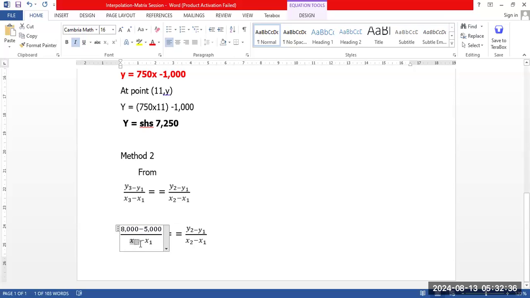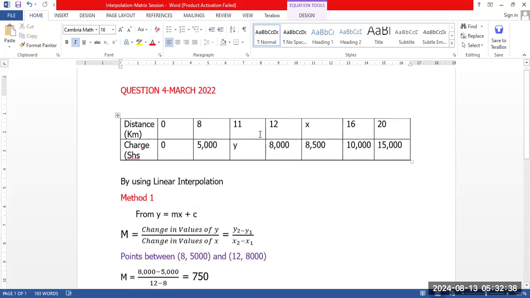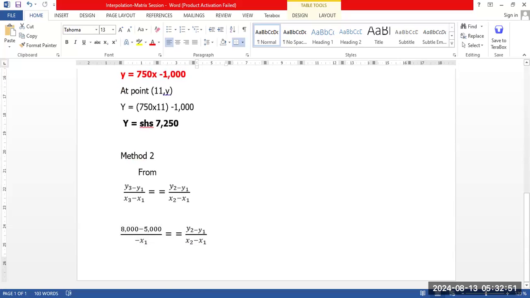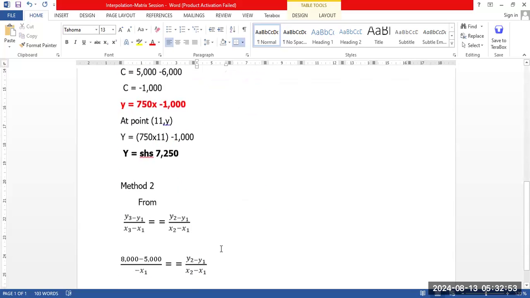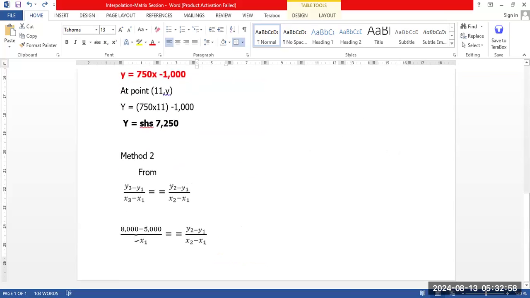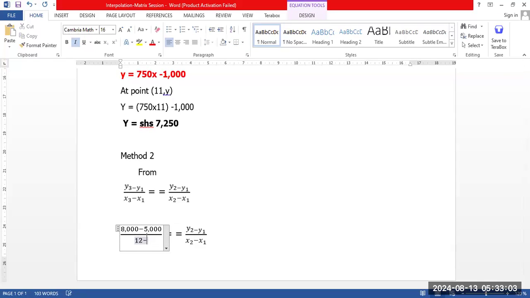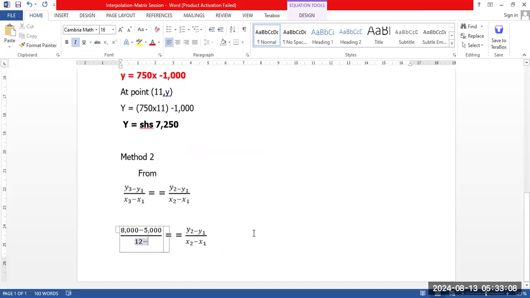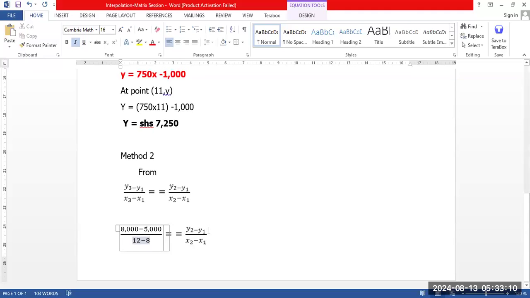Then your x3 is here, because we are using these points. So this is x1, x2, x3. So x3 is 12. Here x3 is 12 minus x1, and x1 is 8. Then we say it is equal to